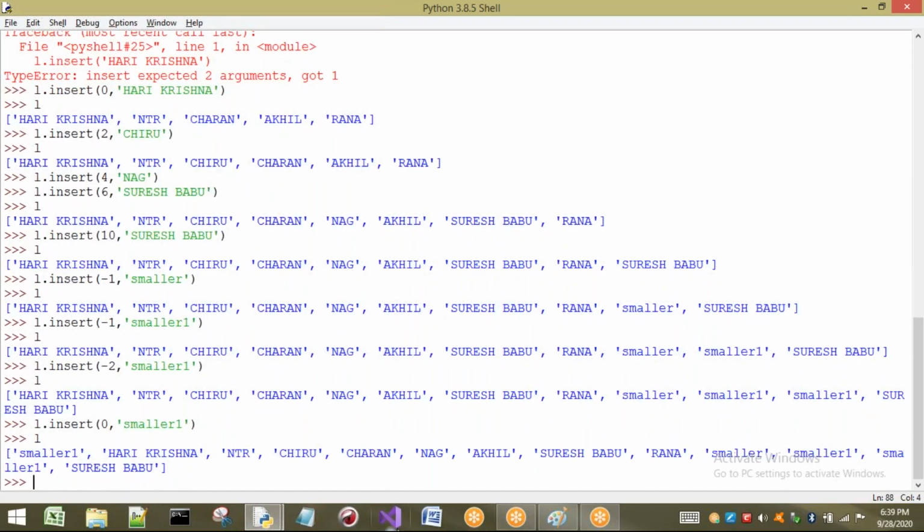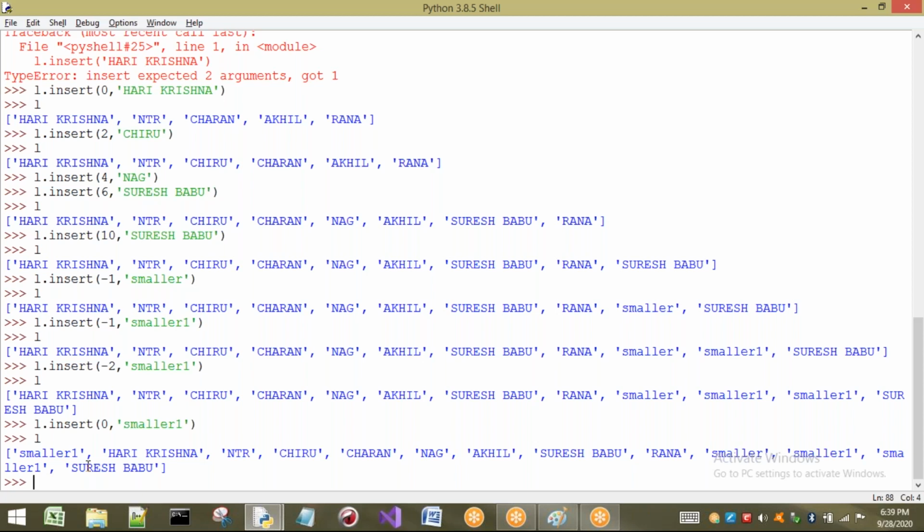See, first location. So you have to observe one thing: if you insert an element at an index which is not present, a largest value which is not present, then it is going to be inserted at the last position. If you use an index less than 0, the minus indicates reverse direction.